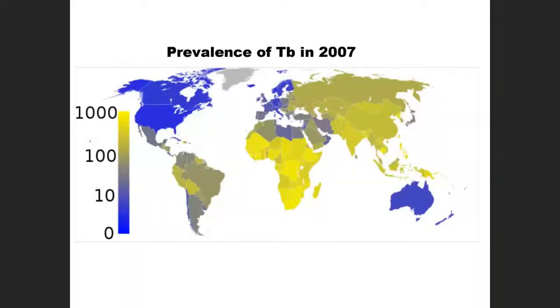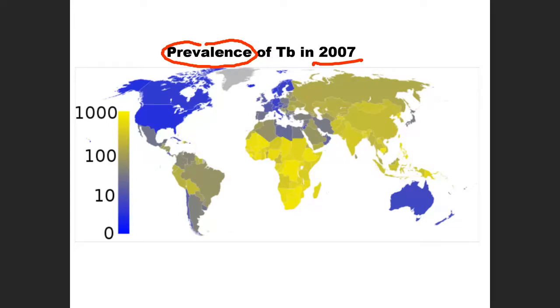Now, again, relating this to epidemiology. If you look at this map, what this map is showing you here is the prevalence of tuberculosis around the world. Now, I know this is in 2007, but it's probably gotten worse now. But first of all, when we say prevalence, what does that mean? Yeah, so it's looking at old and new cases, all right? And so it gives you a better idea of the staying power, or how that particular disease is persisting in the population.